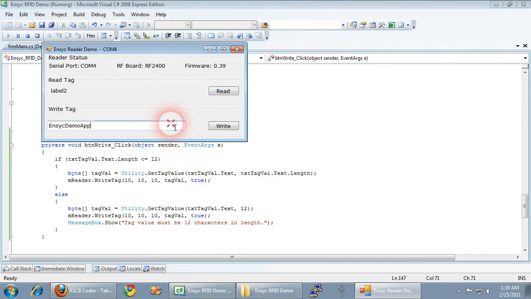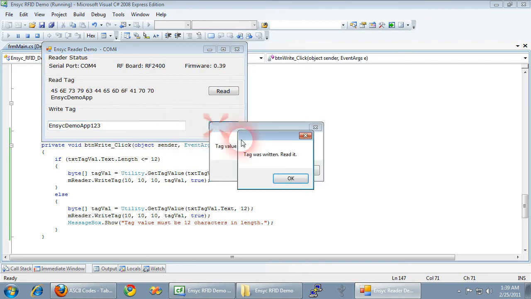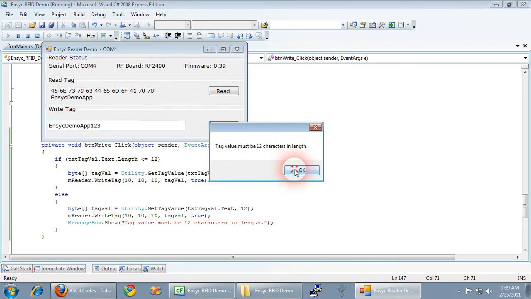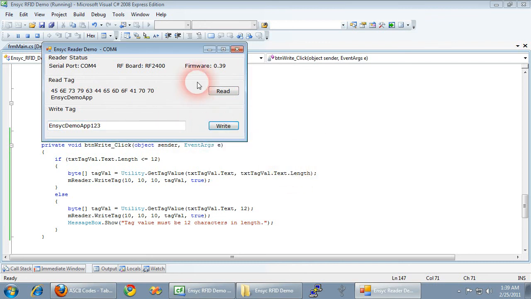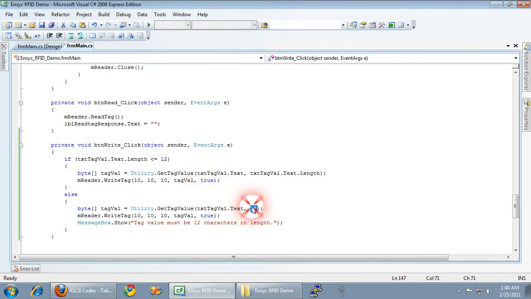So NSYNC app, let's write it as it is. Okay, let's read it. Okay, that's fine. NSYNC app 123, let's write it. Tag value, because we got the error at the end, but doesn't matter. And you can see it only wrote NSYNC demo app and it truncated 1 to 3 characters. And if you just want to have, let's say, 6 bytes only, let me